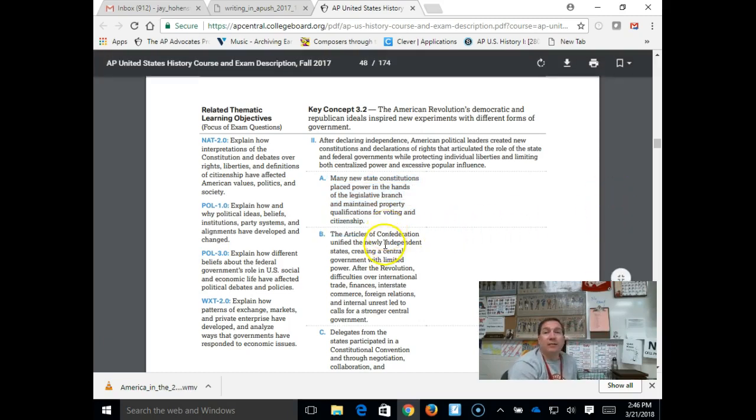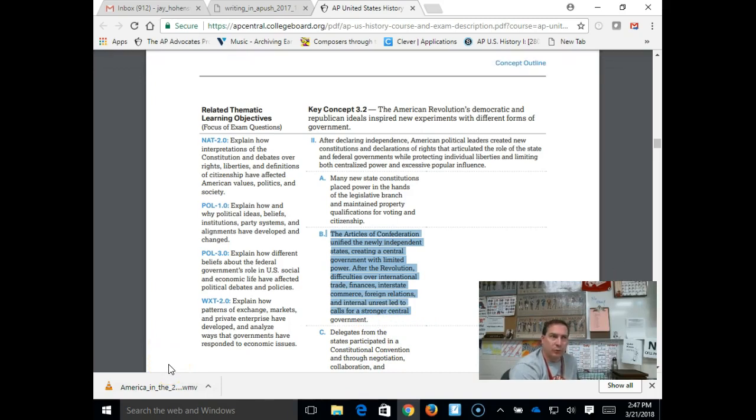Notice the possibility of a compare-contrast question in period 3, where they're telling you you need to know about the Articles of Confederation and you need to be able to compare it to the Constitution. So your articles are really simple. It's a wartime government. It's only got one branch, a legislative branch. You can send as many people to the Congress as you want to, but each state only gets one vote. So if you divide your vote, then you don't get to vote as a state.